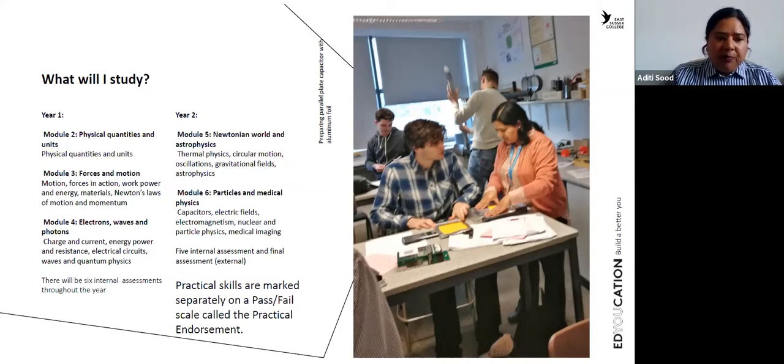Now, the chapters are motion, forces in action, then work, power, and energy, where we talk about what happens when we apply a force on an object and how work is done. Then we have materials, where we talk about the properties of materials, and then Newton's laws of motion and moment. In module 4, which is electrons, waves, and photons, we start with the very basic concept of charge